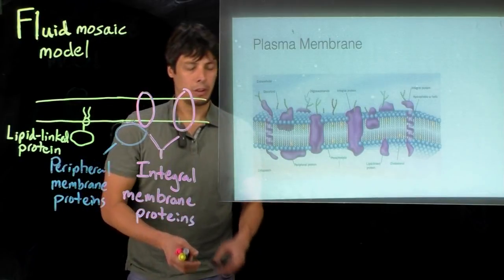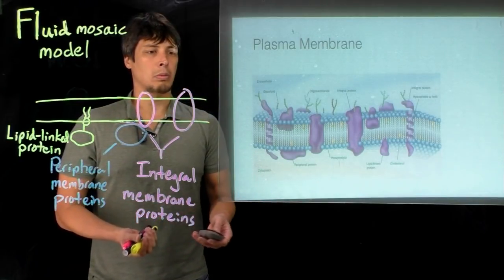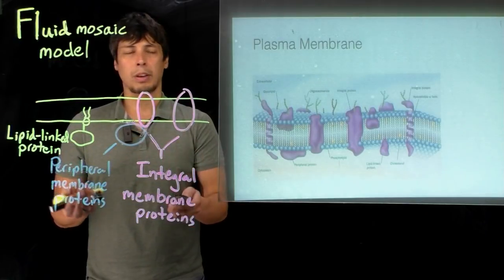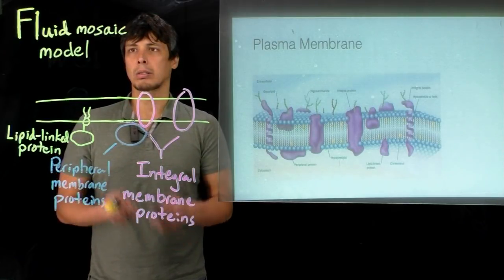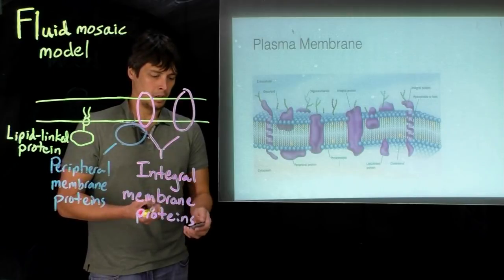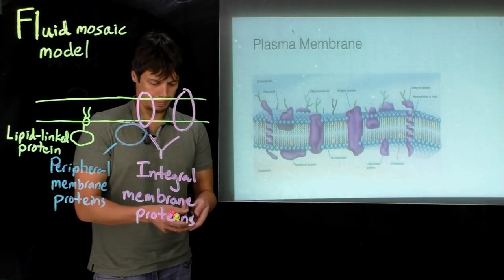And so there are a lot of different components of the membrane, and together we call this the fluid mosaic model. And they can move laterally. Now,